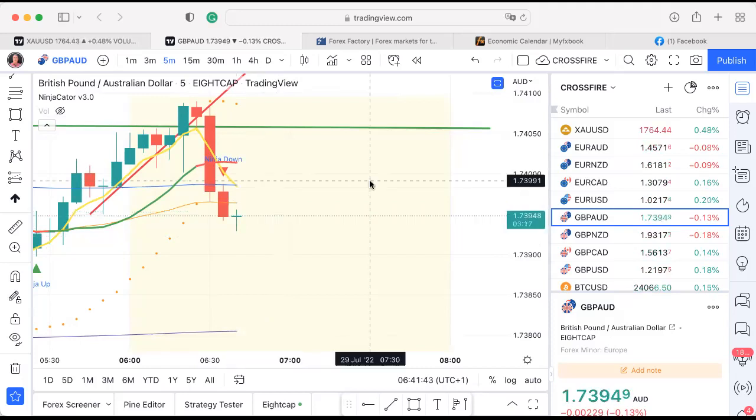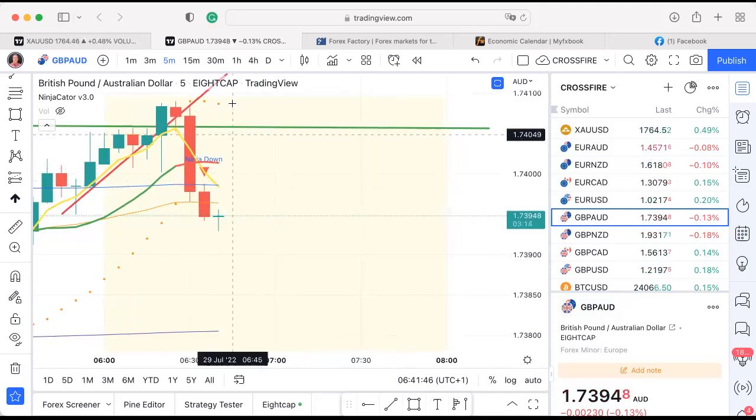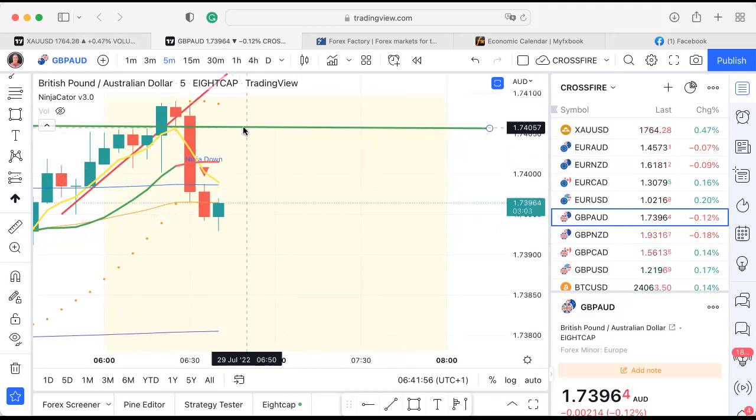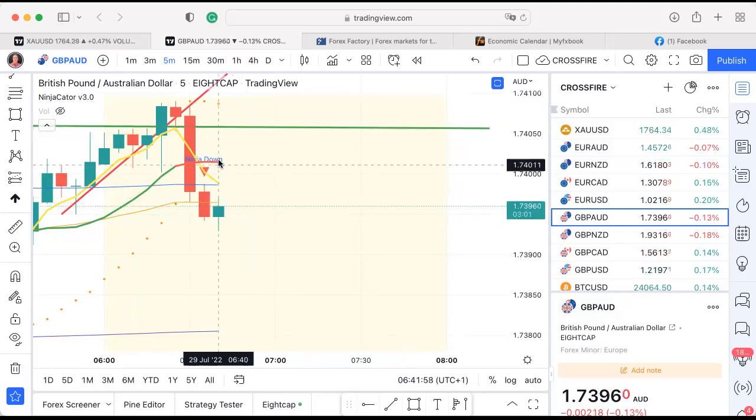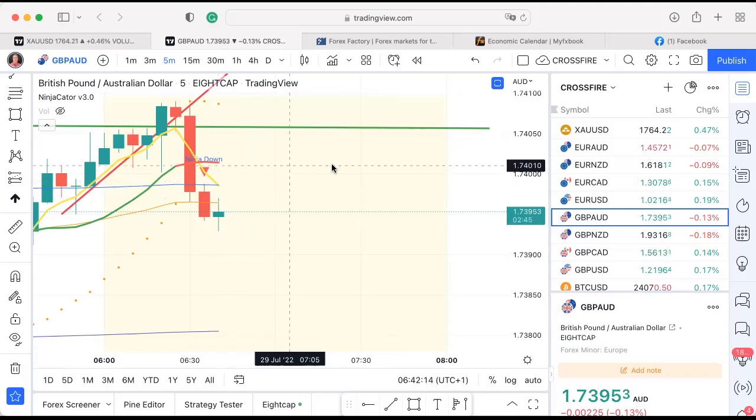As far as stop loss is concerned, the safest stop loss is always just above the PSAR, but that's a massive stop loss. So there are alternatives. This green line would act as a resistance to price. This red line is a resistance. The blue line's a resistance, and the orange line is also resistance. So you could take your pick. If you're feeling confident about the trade, you could stick with that orange line or that blue line and give yourself a much better risk to reward.